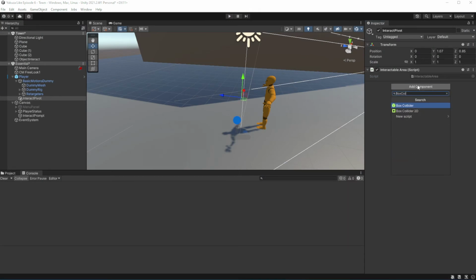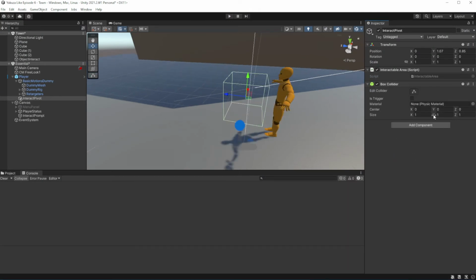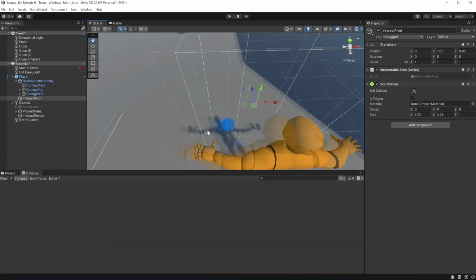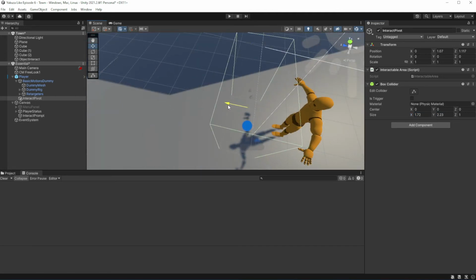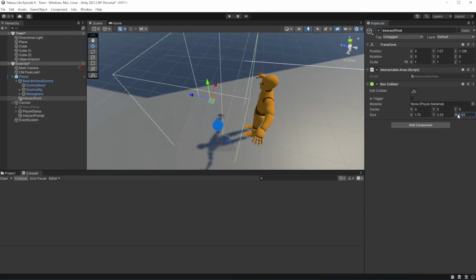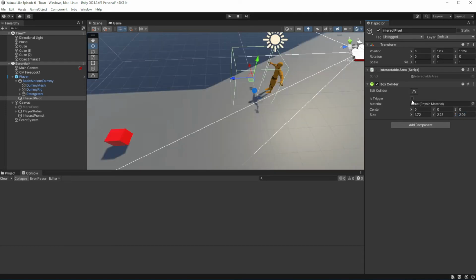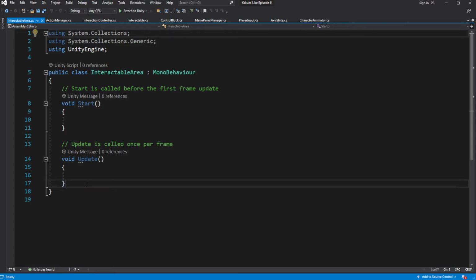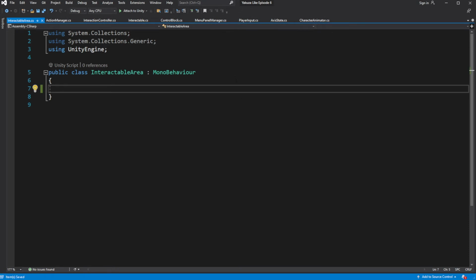Add box collider to it, and mark this collider as trigger. We will be using the box collider trigger as our way to detect interactable objects instead of using overlap box.